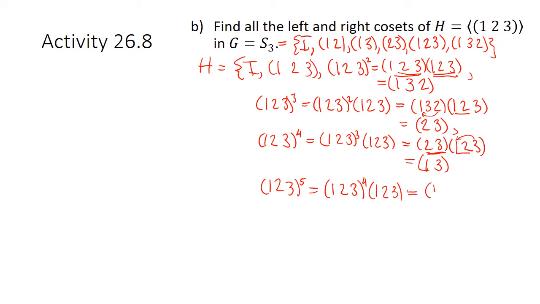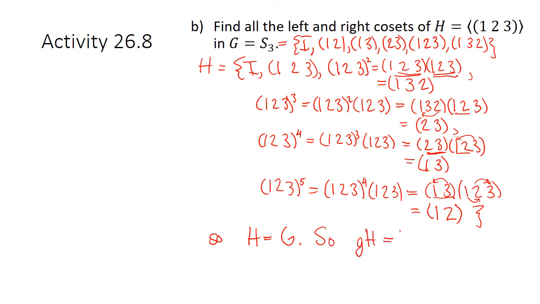So this is going to be (1 3) times (1 2 3). Where does 1 get moved to? 1 goes to 2, and then 2 goes nowhere. So 1 goes to 2, and then 2 goes to 3, and then 3 goes back to 1. So 2 goes to 1. So this is just (1 2). Okay, so in fact, H is the entire group. H is G. So that means that GH equals HG equals G for all